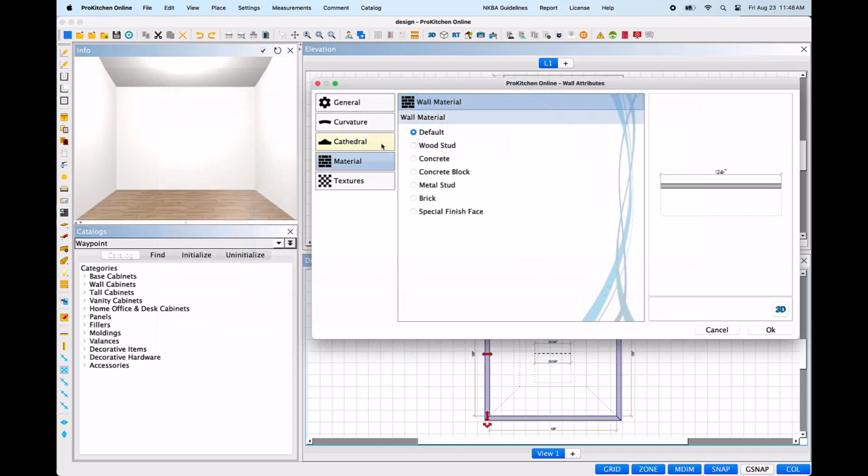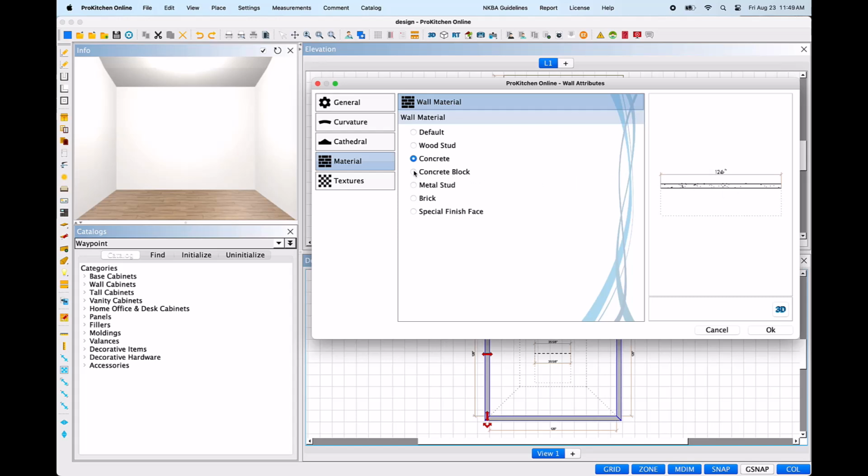Back in Wall Attributes, next up is the Material tab. Here, we have several options for the construction material of the wall. Each of these options will have their own particular marking to indicate the type of construction material. Wood stud will appear as white in color, with X blocks spaced at regular intervals, indicating the position of the studs. Concrete will appear as a black outline with black flecks within the interior of the entire width and thickness